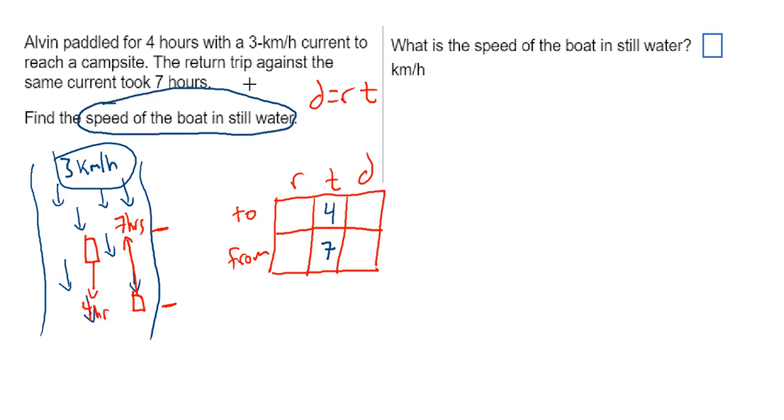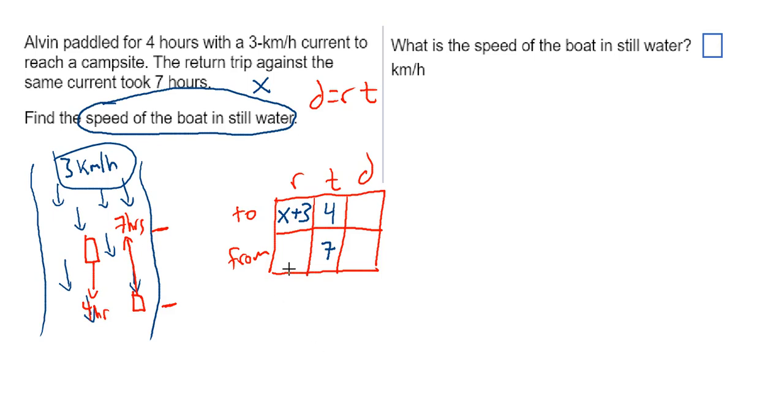That's the thing we don't know, so we're going to call that x. And when going to the campsite, Alvin will be able to paddle his boat at that speed, plus get a 3 kilometer per hour boost from the current. So Alvin's total speed will be x plus 3. However fast he's able to paddle the boat on his own, plus an additional 3 kilometers per hour from the